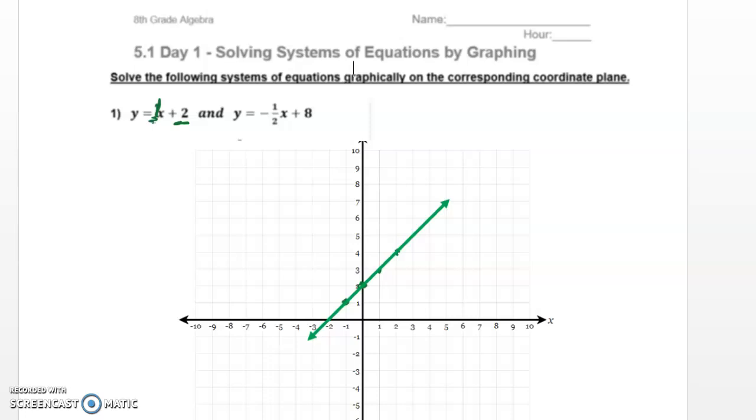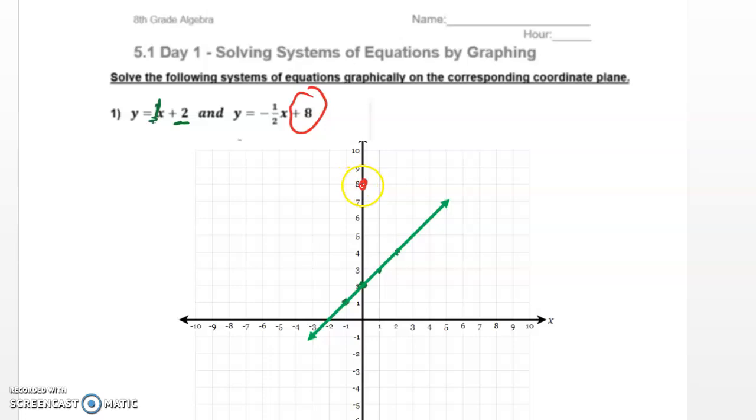Now that we have the first line graphed, we can work on our next equation. y equals -1/2 x plus 8. Hopefully you're thinking to yourself, okay, that means that there is a negative slope, thinking about which direction that graph's going to go with a negative slope. Right? I find my y-intercept, it's positive 8, so that's my starting spot. I start with my y-intercept. Then I focus on my slope. My slope is